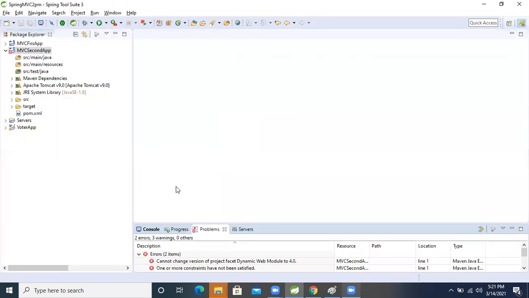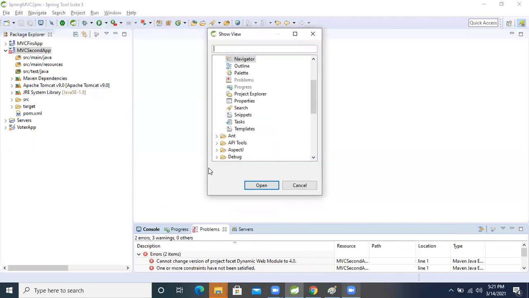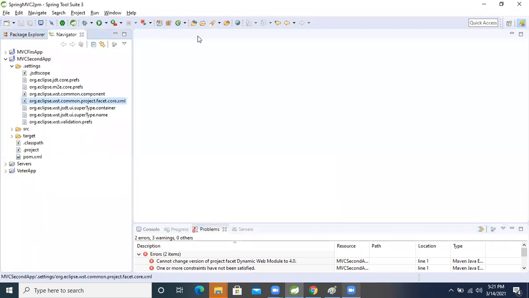To change this facet, we go to Window, Show View, and then Navigator. Navigator is now open. After opening, we select the org.eclipse.wst.common.project.facet.core file and open it.